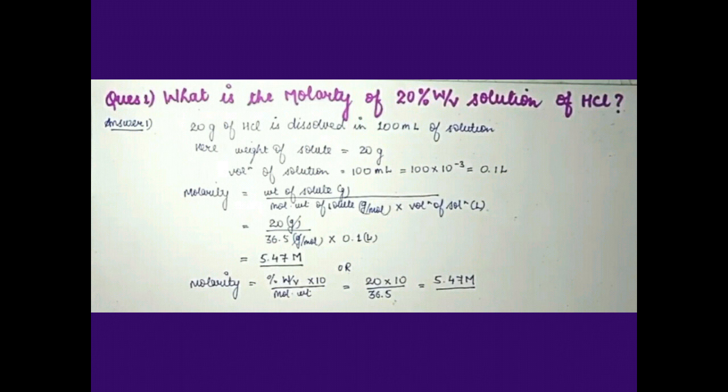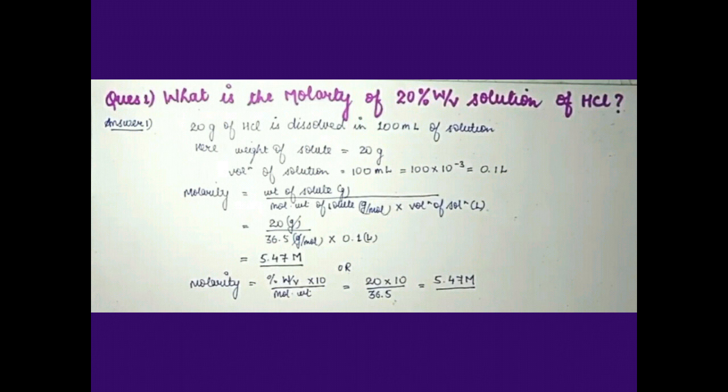That 20 grams of HCl is dissolved, or you can say is present in 100 milliliter of solution, because mass by volume है, तो सोल्यूट का मास हो जाएगा और सोल्यूशन का वॉल्यूम हो जाएगा. So 20 grams of HCl, so it means we are having now the mass of solute. So we can calculate the moles of solute. Number of moles is equivalent to mass upon molar mass. Mass is given 20. Molar mass HCl का कितना हो जाएगा? 35.5 plus 1, that is 36.5.